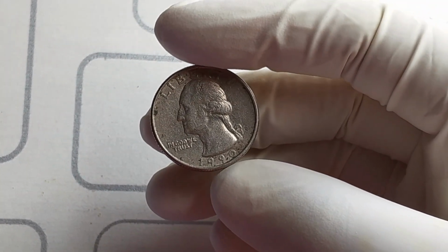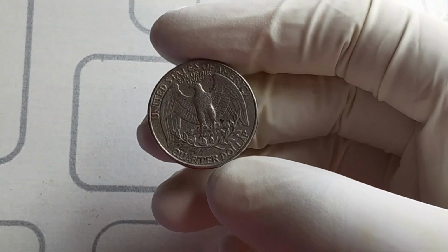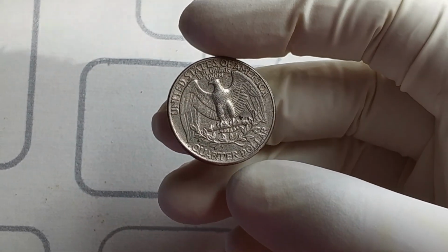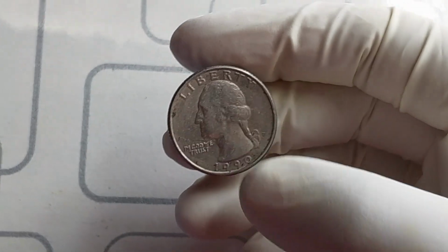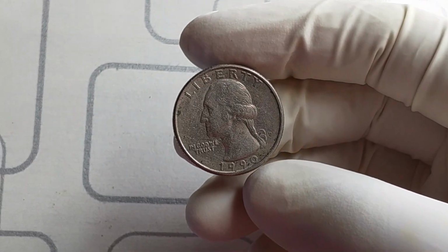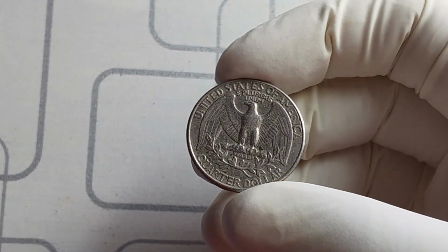Many collectors try to build complete sets of Washington quarters by date and mint mark, and the 1990 D in pristine condition becomes a key coin to finishing that set at the highest possible grade. That alone adds to the demand and the price. Now you might be wondering, how can you tell if you have a valuable 1990 D quarter in your collection